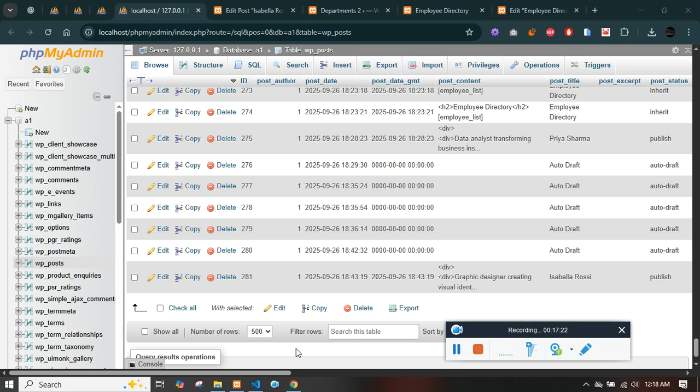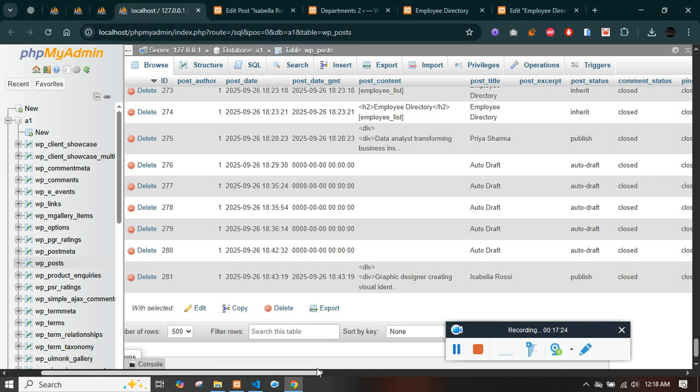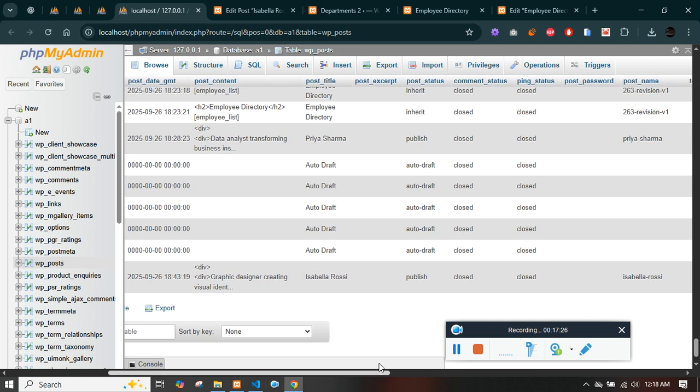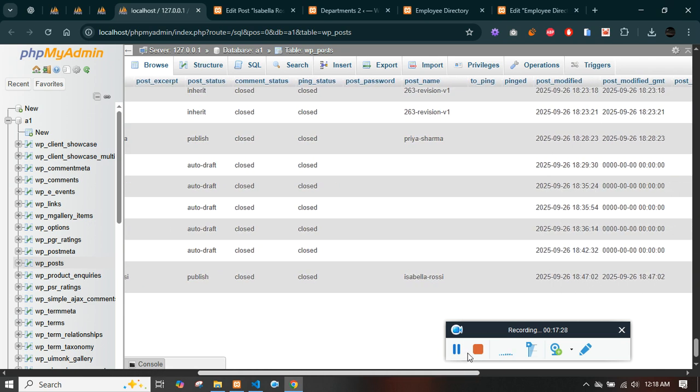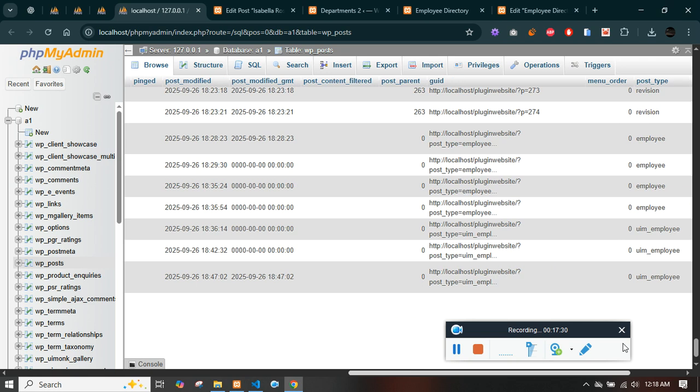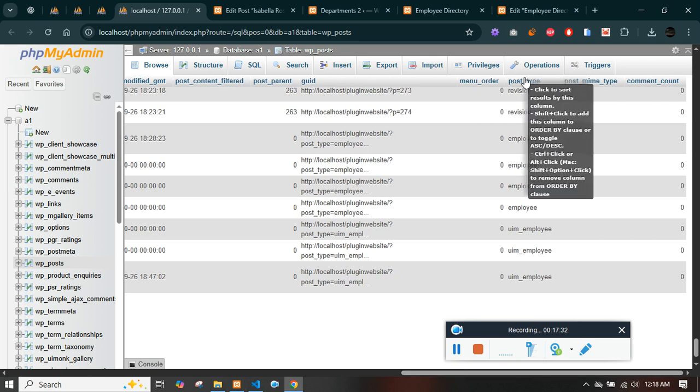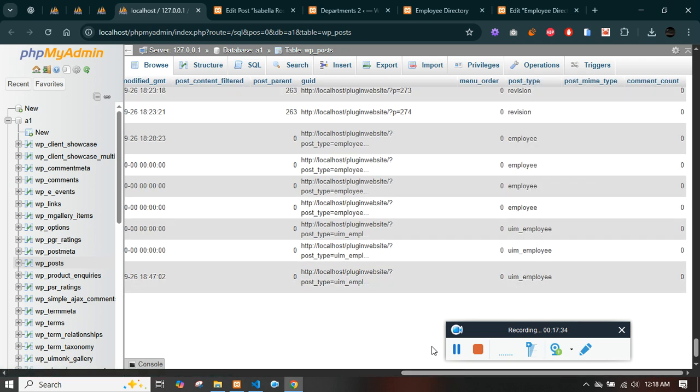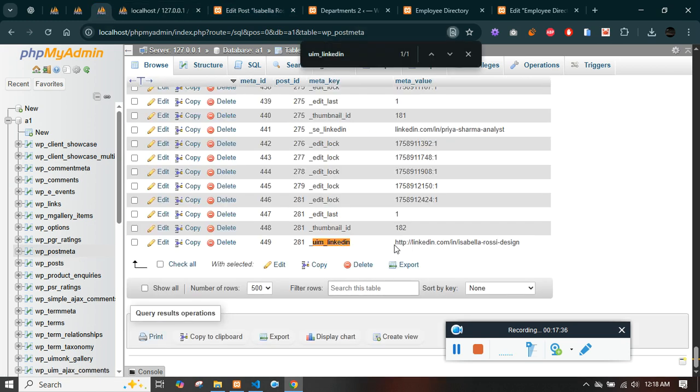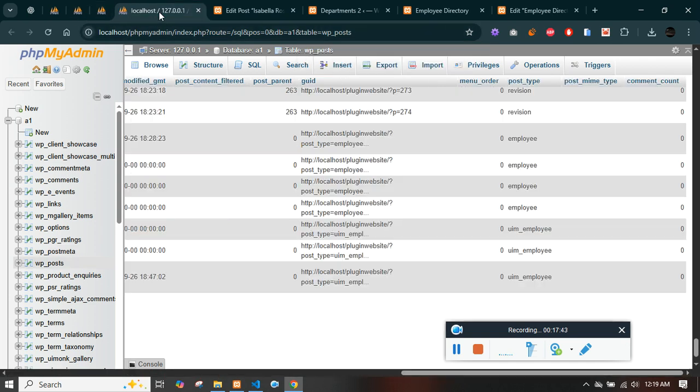It gets stored as an attachment. So here you'll see the post type. Look for the column name post type. Here post type is there, and this is the custom post type, and then you'll see the thumbnail ID. This thumbnail ID has a relevant value, so this value will be your,